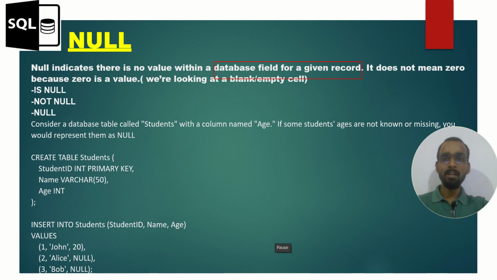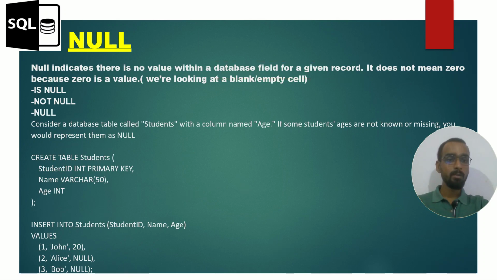Apart from that, I have created a table and we will be dealing with it in SQL Server, inserting some values so we can figure out what exactly null is here. So we have already figured out what null is and what the difference between null and zero is.